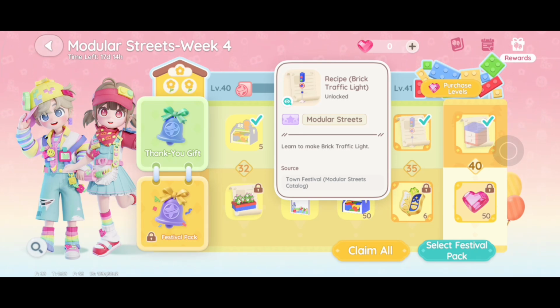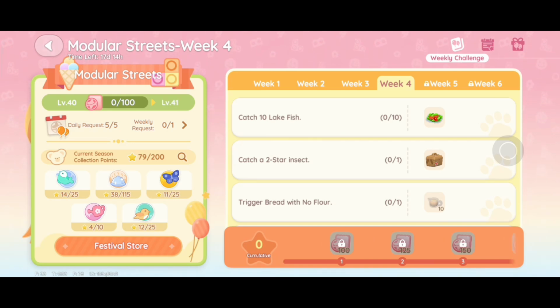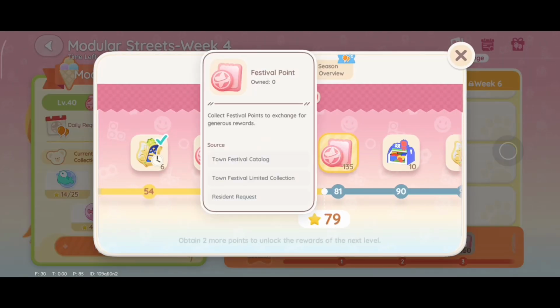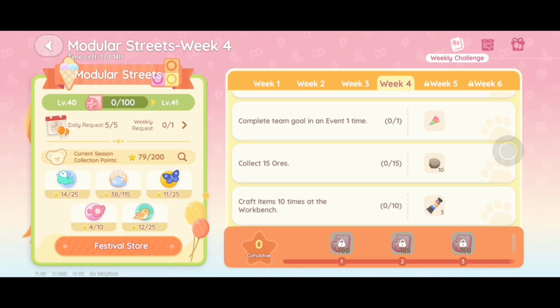And how do you level it up to this level? To level it up, you need to collect festival points. You can get these points from the town festival catalog that is available each week. Just complete all the quests and then you can unlock these festival points. You can also get these points from the limited collections, and you can also get festival points from the daily quest or weekly quest. So make sure to keep doing the event tasks and claim all the rewards,